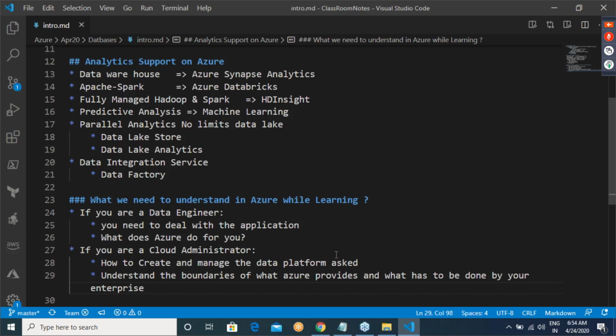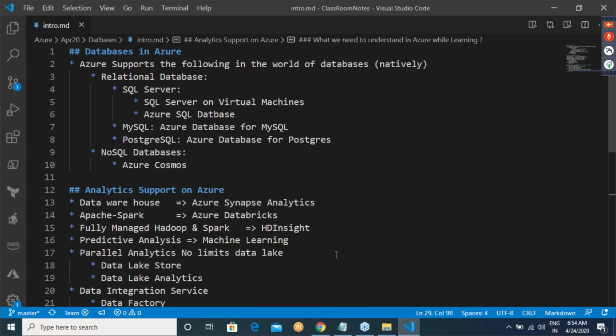Do I need to take the backups or will Azure take the backups for me? When I am speaking about replication, I have a database in one region, I want the database to be in another region. Do I have to do that or will Azure do it for me? So you have to know these boundaries.